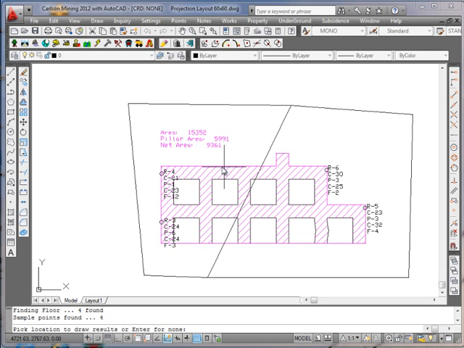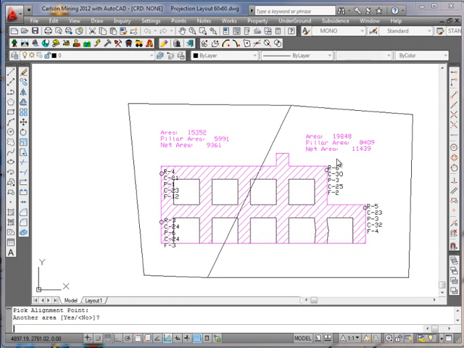Well, actually the total area is around the perimeter, and then the pillar area, and then the net area is the shaded area. Then notice it goes ahead and shades the other side and prompts us to pick the location and put the information over here. Once we've done this, we can repeat this process and do another area and have it append to the report. But if we're satisfied this is the only area we're going to do, at the another area prompt, we'll just